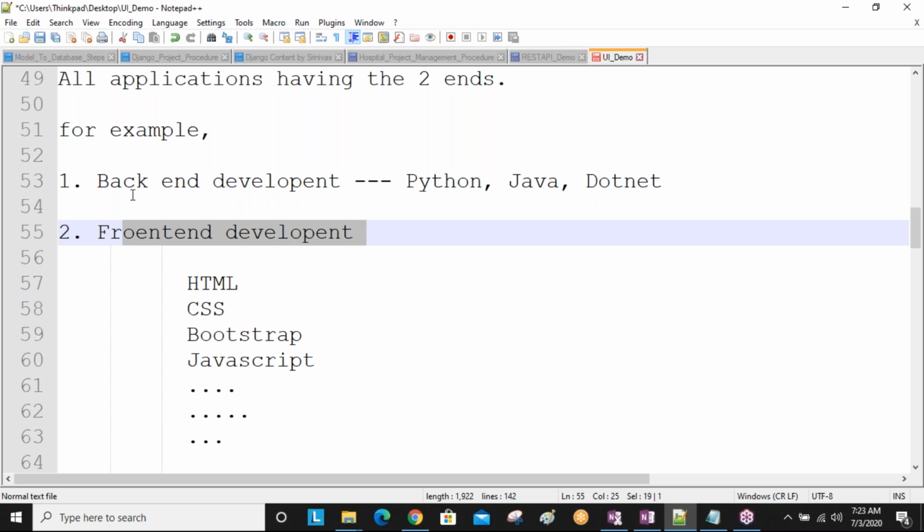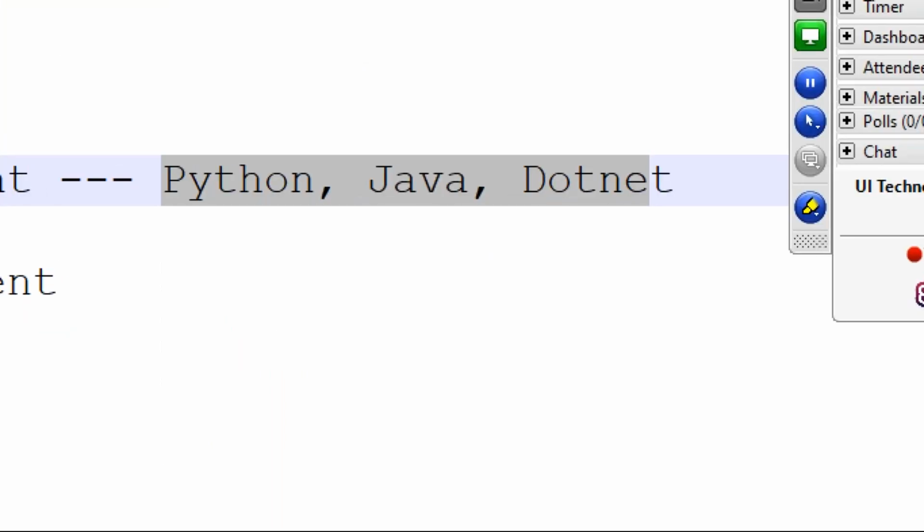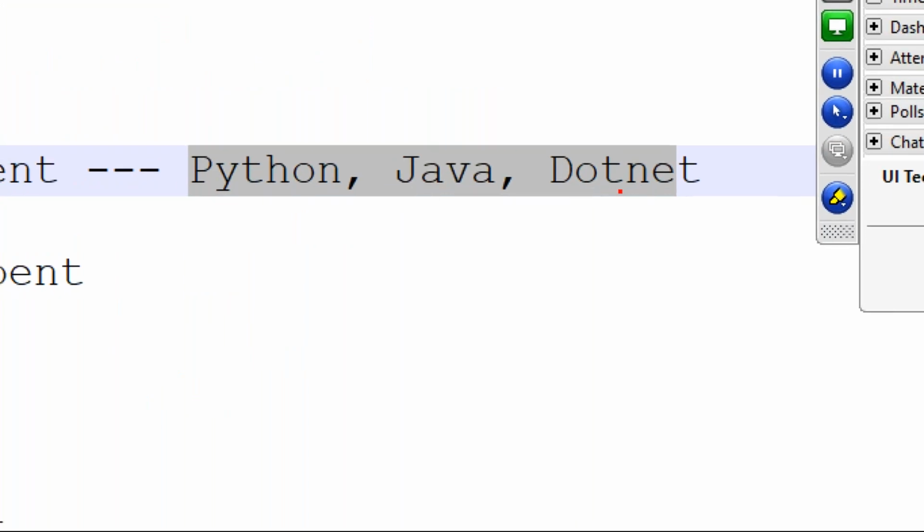For example, Python, Java, .NET, these all we are calling back end technologies. Maybe Python, maybe Java, maybe .NET, at least one back end technology you need to know when you are developing real-time applications.